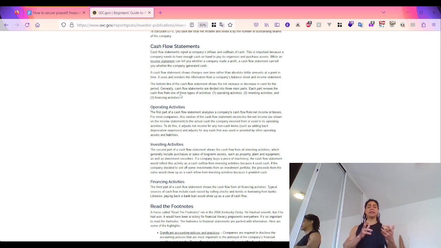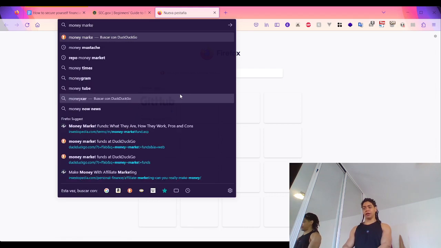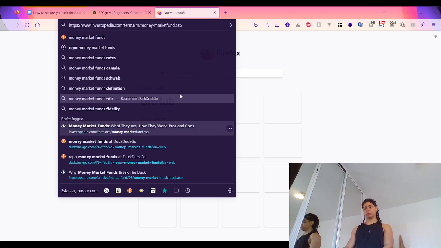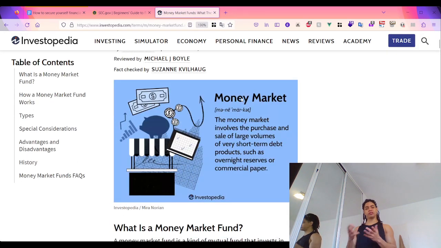Keep looking at the most common operating assets, like investments in affiliates, where you have things like joint ventures, equity investments, limited partnerships, associates. Cash and cash equivalents are another common operating asset. So for example, money market funds, right, where they are involved in the purchase and sale of large volumes of very short-term debt financial instruments, such as bankers' acceptances, which are very short-term debt issued by banks, or certificates of deposit, which is a savings certificate with short-term maturity, as well as